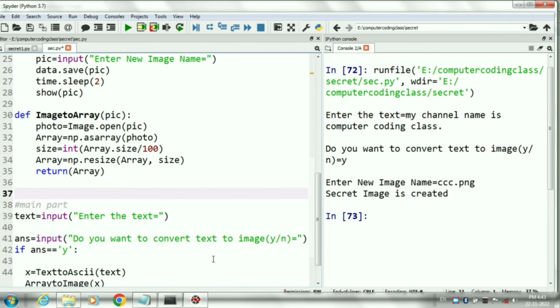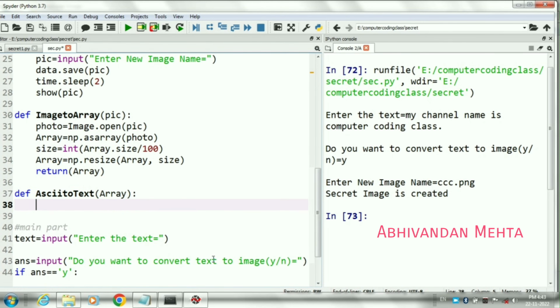Next, we will create a function that will convert the ASCII array to a text string. The name of the function is ASCII to text and array is the parameter of this function.